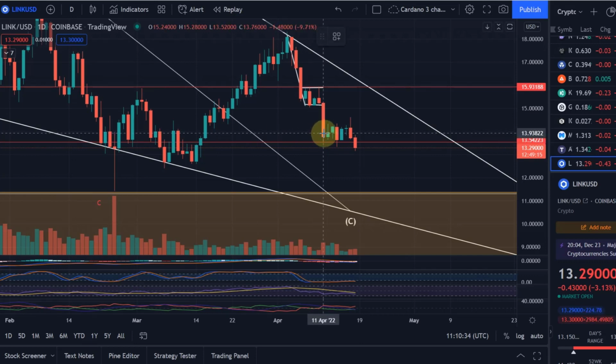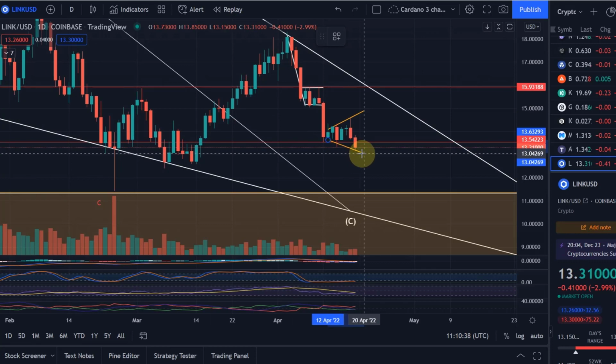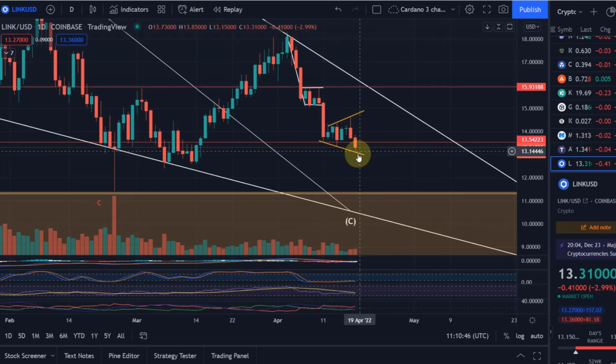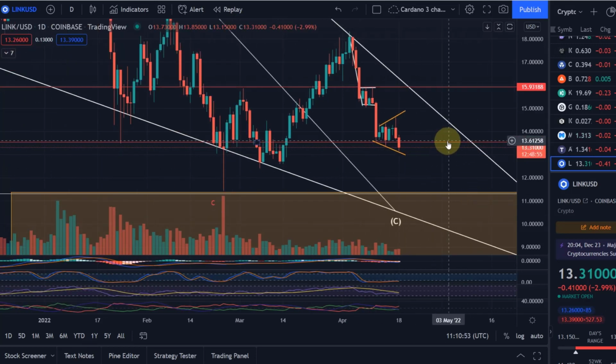You could even call this a broadening sort of pattern, a broadening triangle. They are quite rare. They pretty much work out 50-50. But again, whenever you break out, you're sort of still in this pattern, okay? So we haven't actually done a breakout, but we broke out below the $13.50 level, and that is a